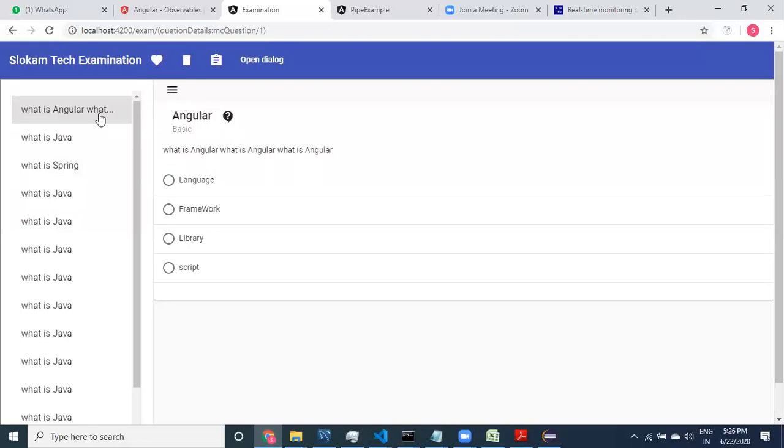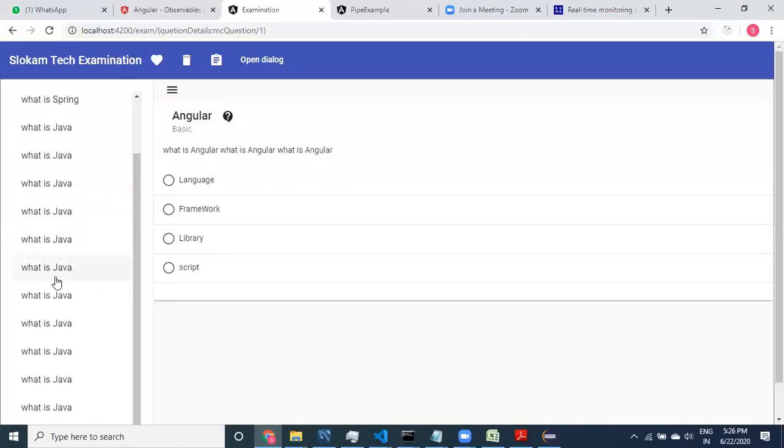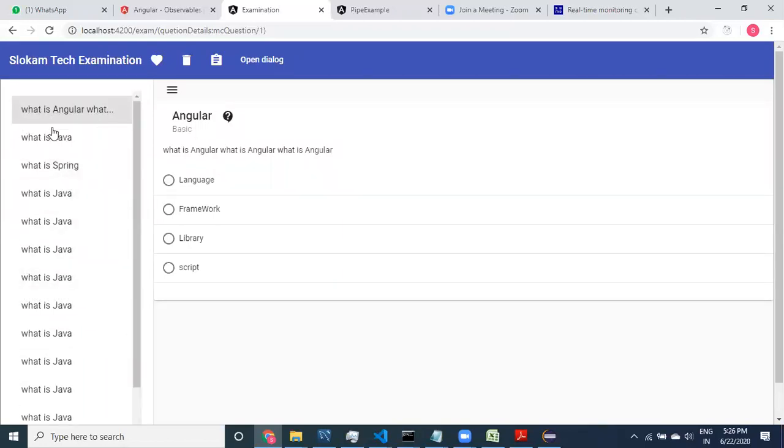You can click on it and see that. These are the indications of what types of questions are available. The list of questions with the basic information is displayed here. So I want to create this kind of pipe. Whenever we have this much data, I don't want to print all these values. I want to print only up to here, and if extra is available, I need to provide dot dot dot.